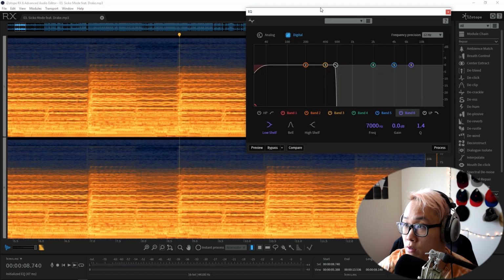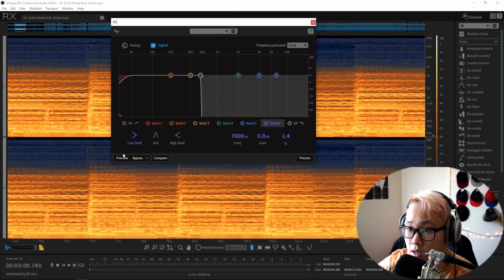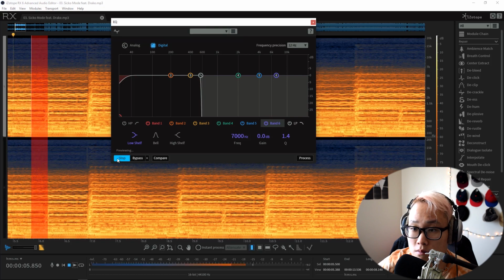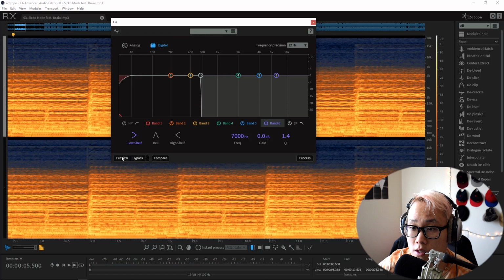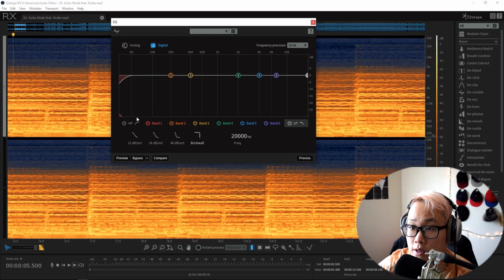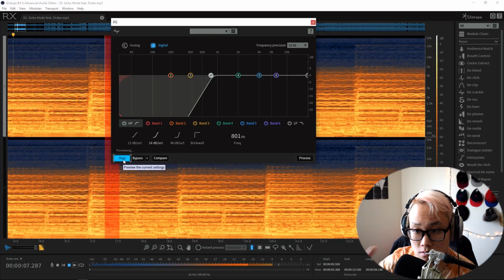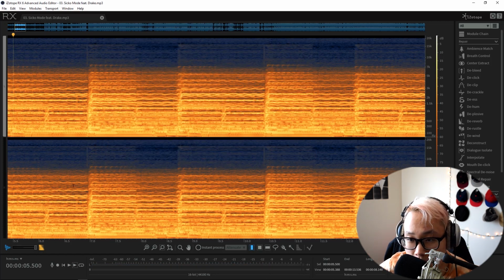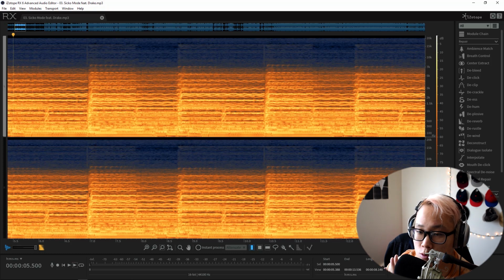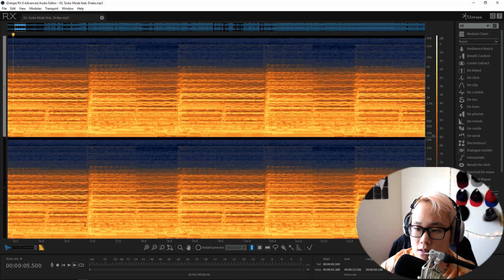Let me EQ it real fast so you guys can hear it. So this would be the bottom layer. And then we also have the top layer. This is the one with the vibrato on it. Another thing you notice is that the top layer has vibrato on it, and it also has the little swooping pitch thing. Ooh, ooh, ooh. The bottom layer doesn't seem to have it, so it has to be